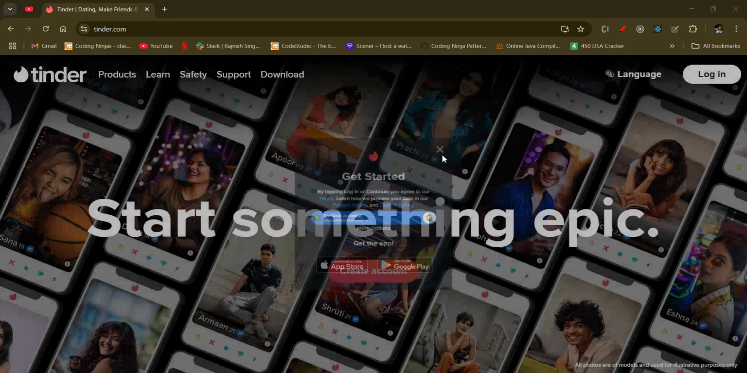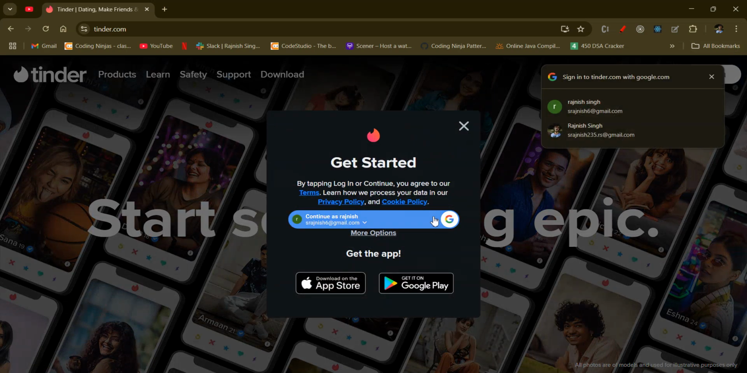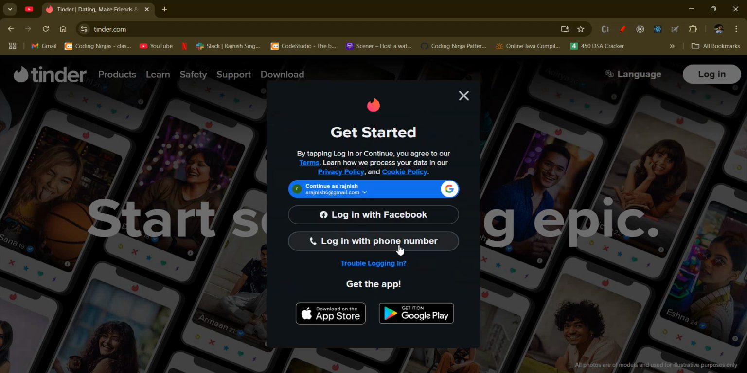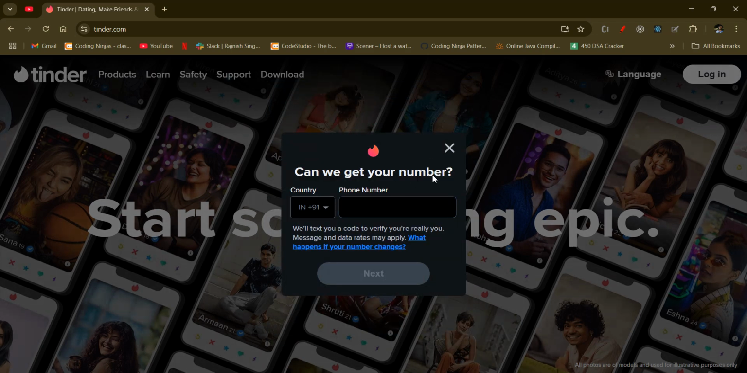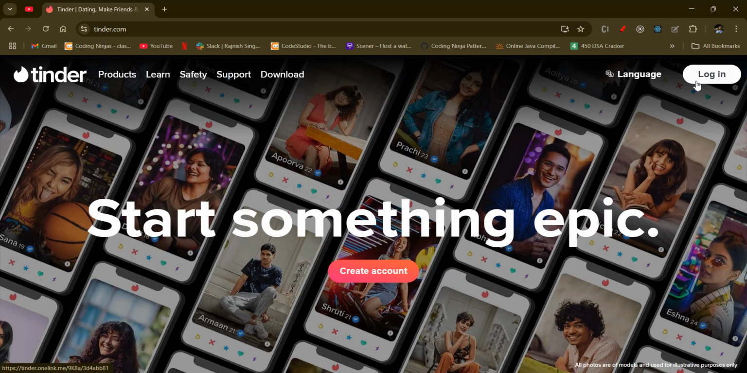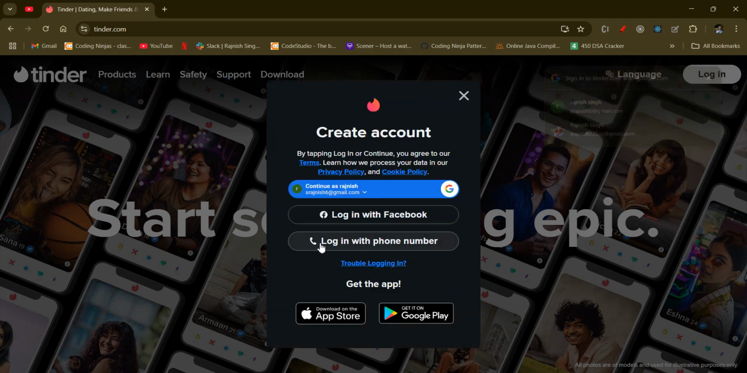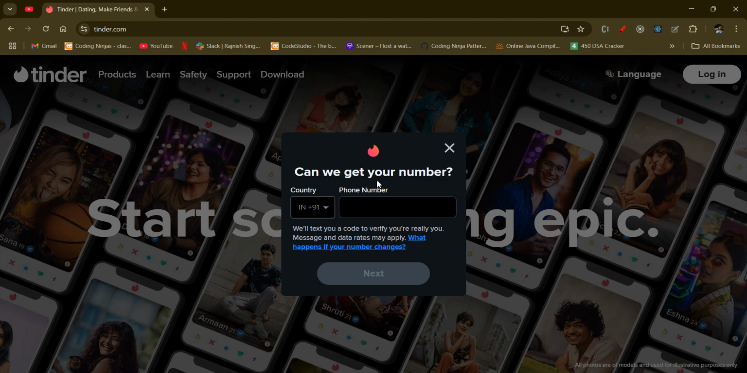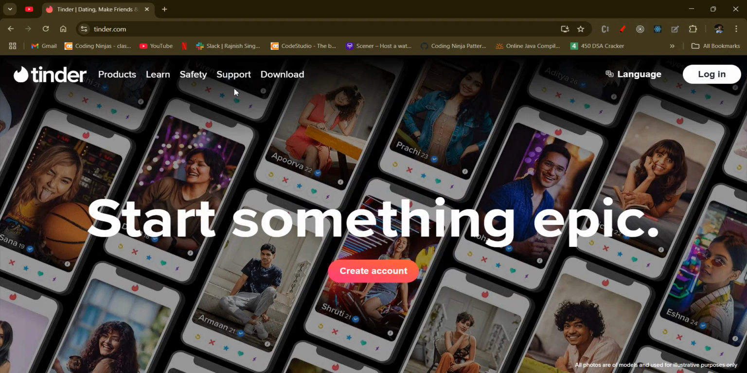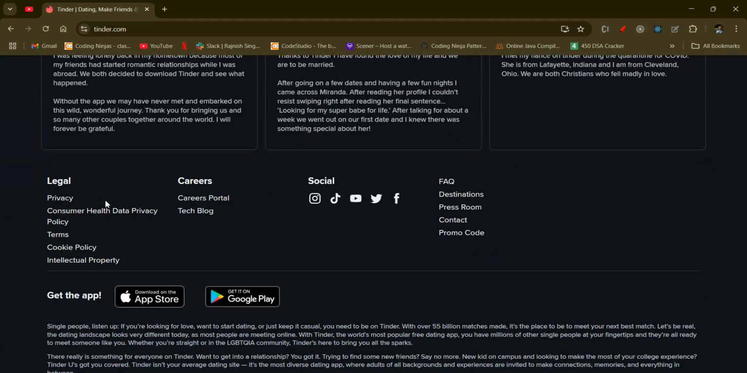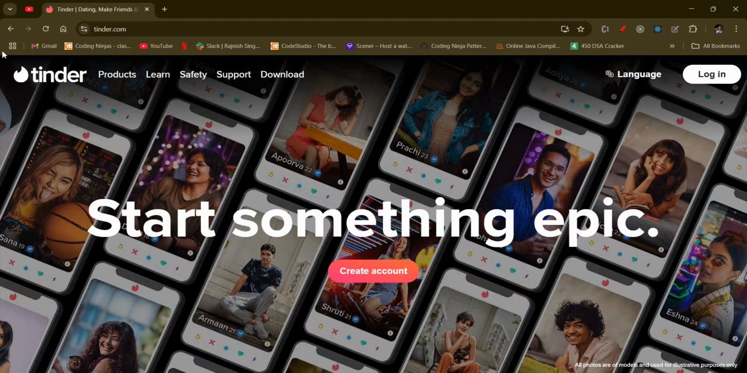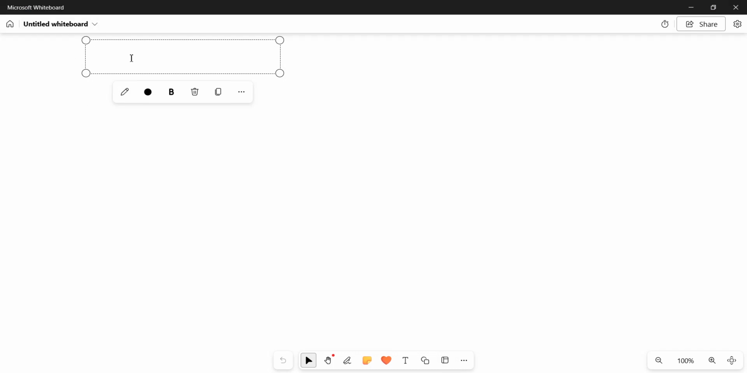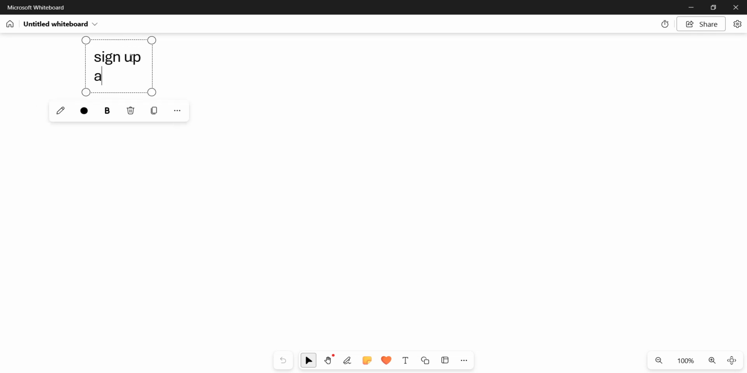So we'll not use this one. More options: login with Facebook, login with phone number. Okay, so this is their login screen: create account, more options, login with phone number. For login and sign up, they take a phone number, but we'll take a different approach. The implementation would be the same, but let's see the two APIs that we'll need first: sign up and